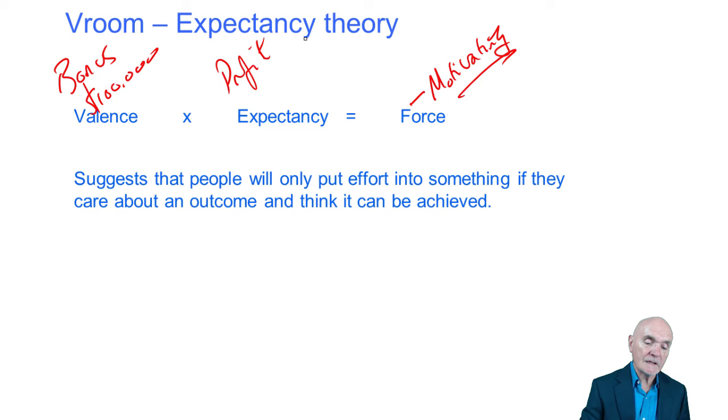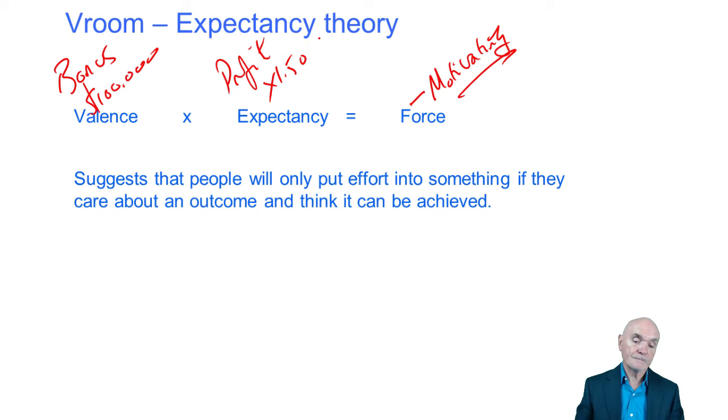If you said, you get your bonus of 100,000 if profit is maybe up 50%, now, it could be you look at the target there, plus 50%, and you say there's a reasonable chance of me getting that. Reasonable expectation. And the valence, the 100,000, is so alluring, and there's a chance we'll get it, that this may well be motivating.